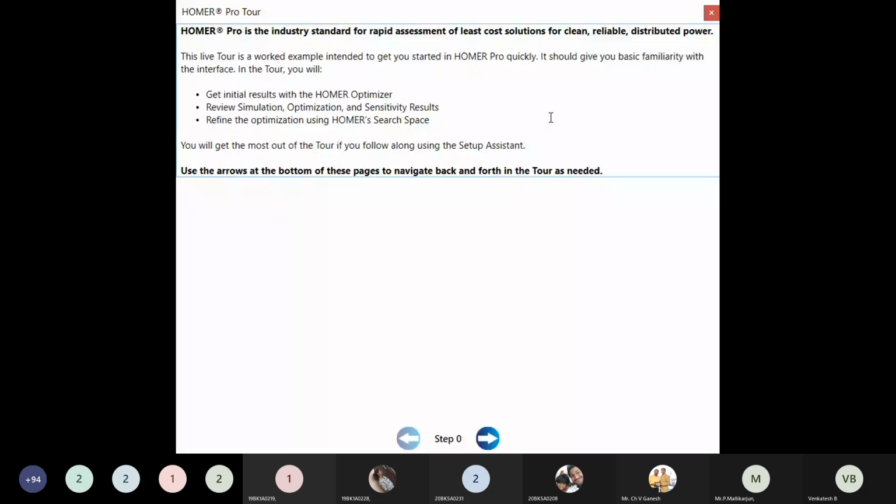Next, what is there in Homer? Just we'll see. You are all in front of systems. When you look at these components, all the components will be there. Yesterday somebody was telling nuclear power plant. Nuclear is not there here. We have diesel generator, biomass generation, photovoltaic system, solar PV systems, wind turbine, battery storage. You can use converters to convert AC to DC, DC to AC, however you want. And then we have fuel cells, and our system can be connected to grid. Our system can be operated without grid. There is a grid connection also.